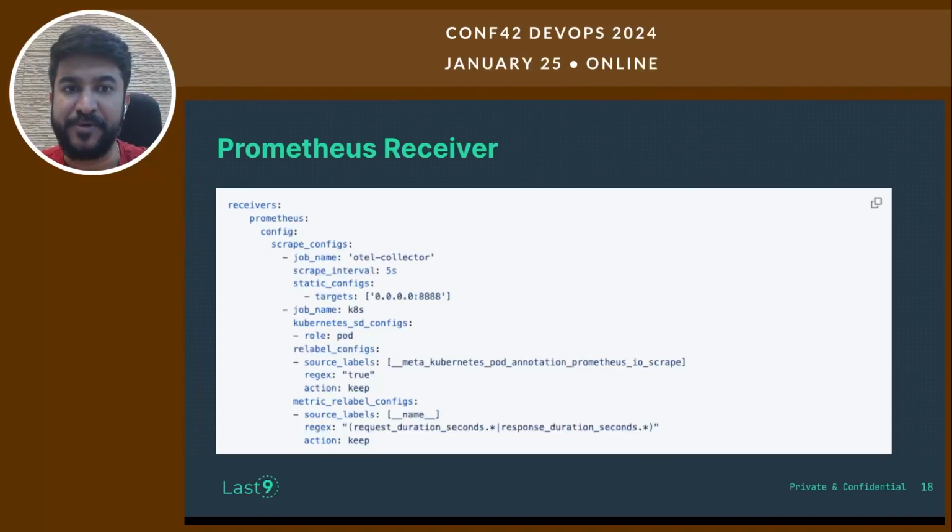Let's talk about the receiver, because that is the entry point for basically getting the metrics into the otel collector. So there are two receivers that the collector supports. The Prometheus receiver is basically a drop-in replacement for your Prometheus to scrape your services. If you're using the otel collector and Prometheus receiver, then you don't need a Prometheus to scrape the data. You can just get rid of it because the receiver will do the same job. It also supports service discovery the same way that you have it with your scrape config in Prometheus configuration. You just have to copy the same YAML configuration and put it under the otel collector stanza, and